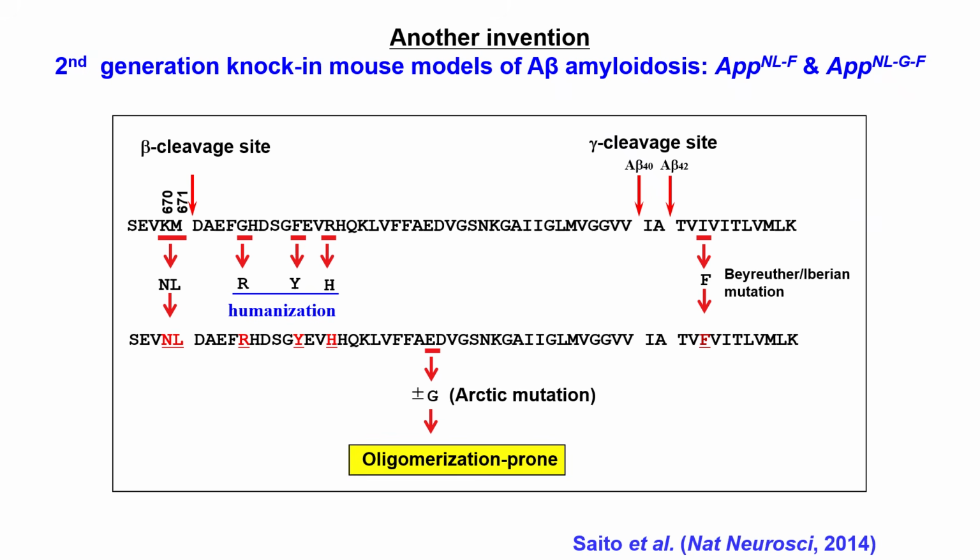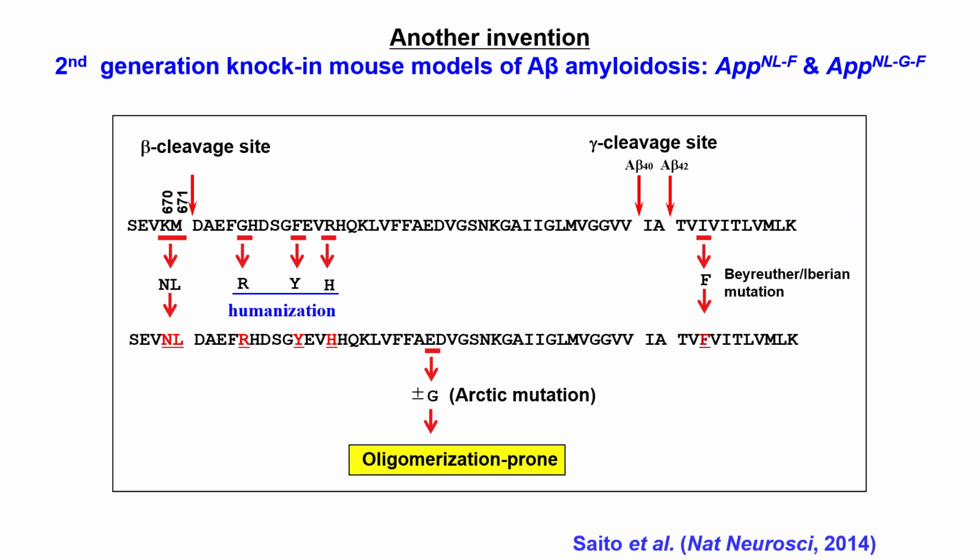You may think that apolipoprotein E may be another case because it binds to A-beta and facilitates its aggregation, but there are so many substances that bind to A-beta and facilitate its aggregation, so apolipoprotein E happens to be one of them. Let me describe our next-generation mouse models,